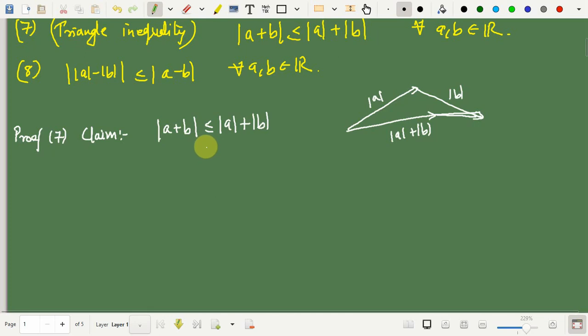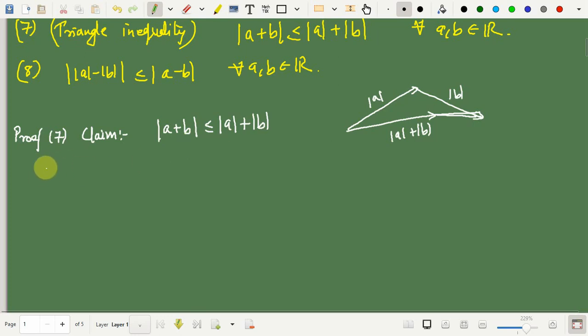absolute value. And in fact, we would prove one extra thing over here: when does this equality hold? So, the equality holds only when a and b are both of the same sign. Okay. So, either a and b both lie to the left of 0 or both lie to the right of 0, strictly or not strictly, it can be equal to 0 also. Okay. So, we would prove this.